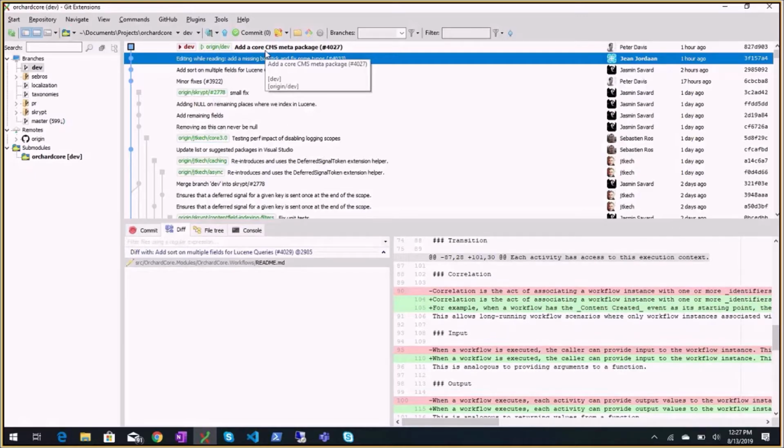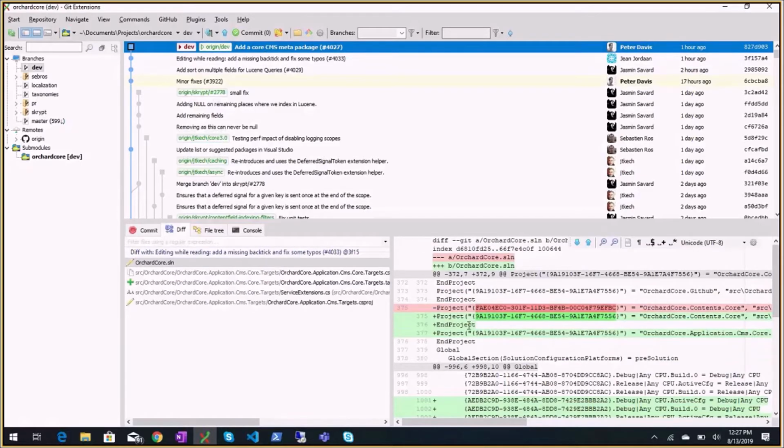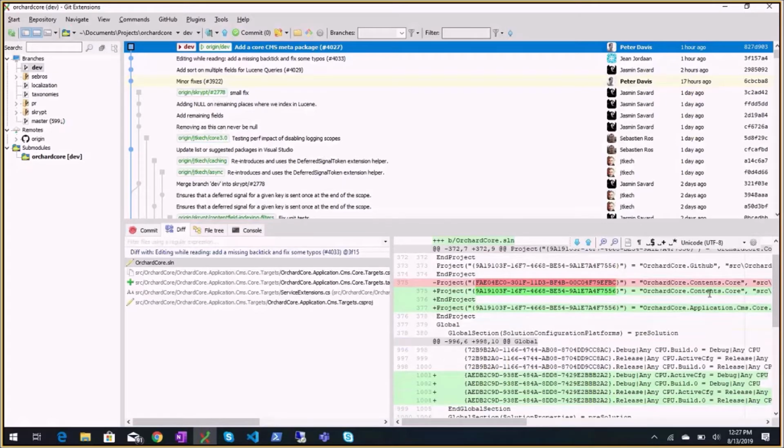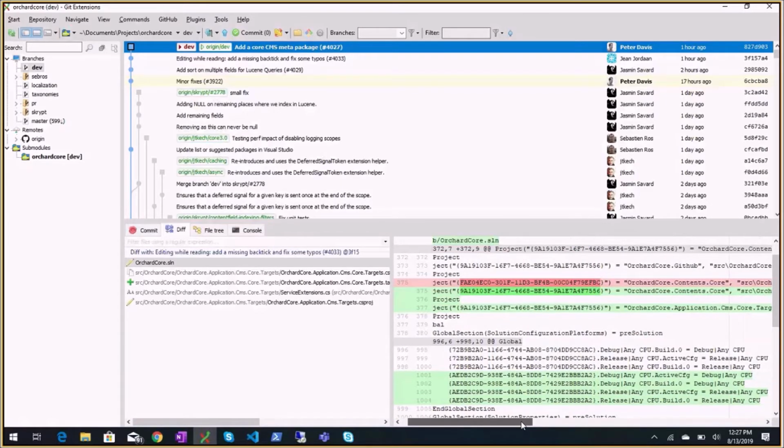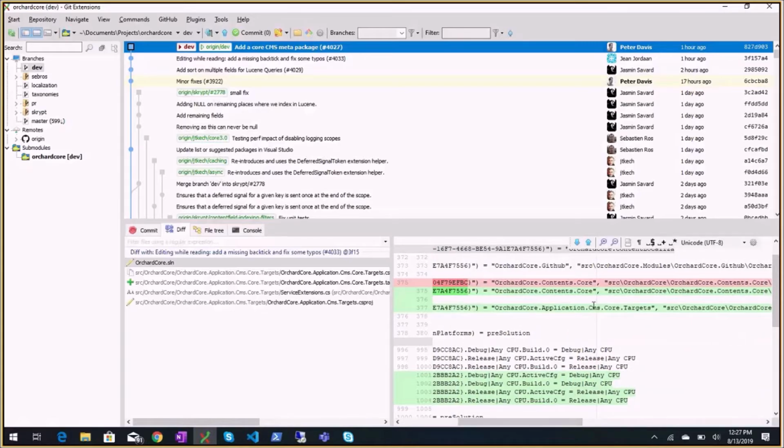And then big change, Peter Davis, an issue that we agreed with is that there is an Orchard Core application CMS target already that you can point to. So the NuGet project, NuGet package. If you reference the CMS NuGet package, the CMS will just run, and all the dependent NuGet packages will be downloaded. His issue was that it's also linking all the themes that we have, and he doesn't want them to be available, and there is no way to remove them.